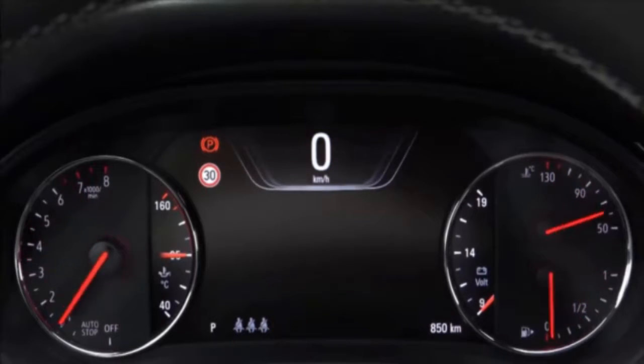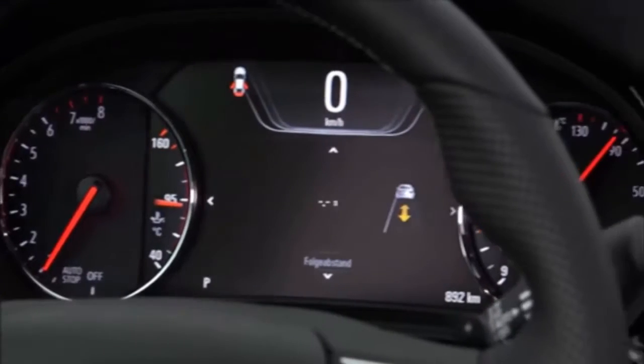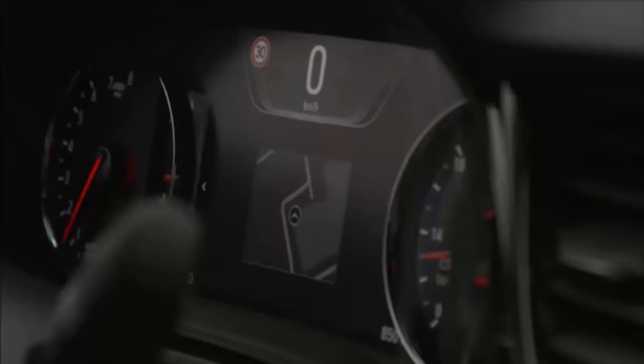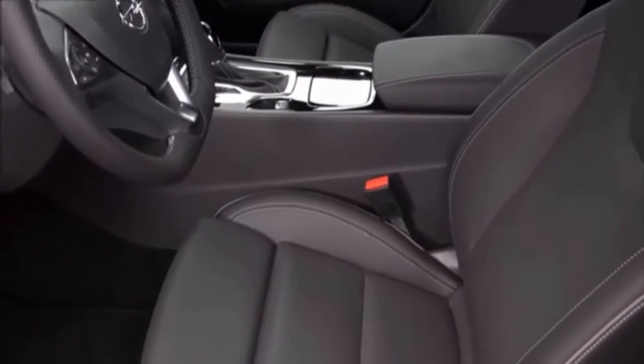To help break up this expanse of metal, the upper window trim strips carve an increasingly divergent path from the roof rails from the front to the rear of the car. These continue across the rear pillar before dipping along the tailgate edges, and into a final reverse flourish in the rear light clusters. The interior is very similar to latest Vauxhall Astras, with a big central touchscreen flanking the instruments